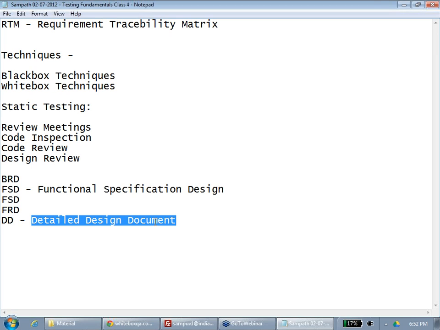BRD, sometimes it's not part of the BRD, they are part of design too. See, a BA can write what? Activity diagram, use case diagram, but that is about functionality. Most of them don't do class diagrams. Business analysts won't do class diagrams. That will be in the detailed design. That will be in the design document.